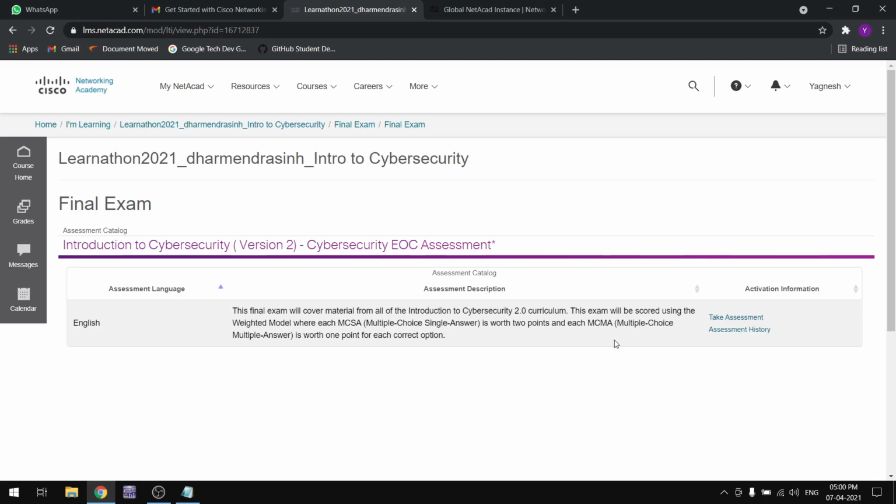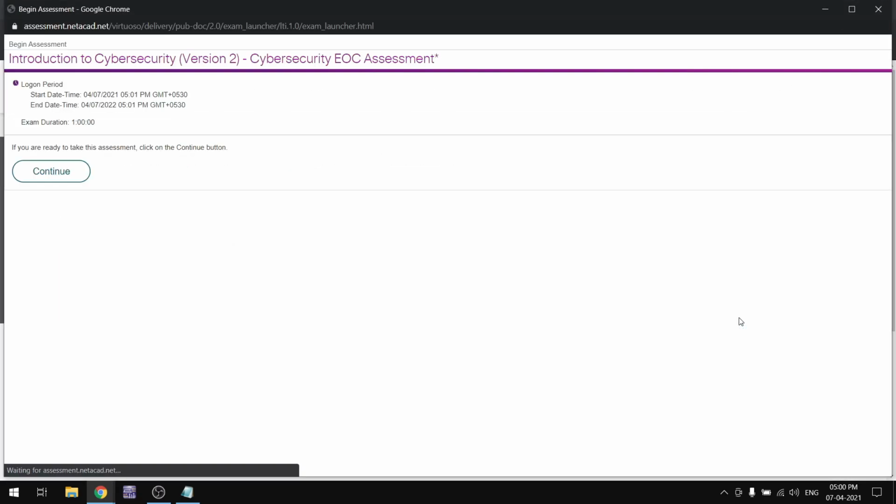It will be here, and this exam will be scored using a weighted model, which is basically MCQs. Based on your marks in the MCQs you will be provided a certificate, which requires greater than 70%, and only then will you get this certificate.